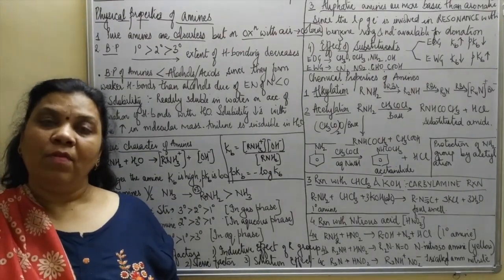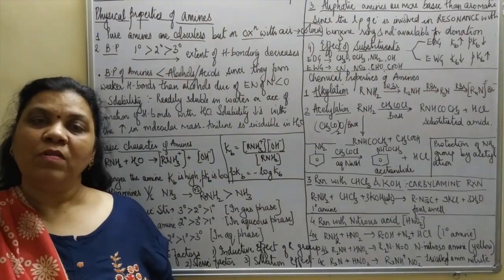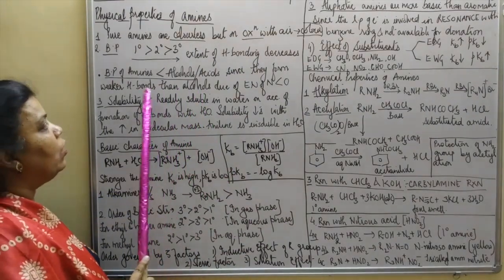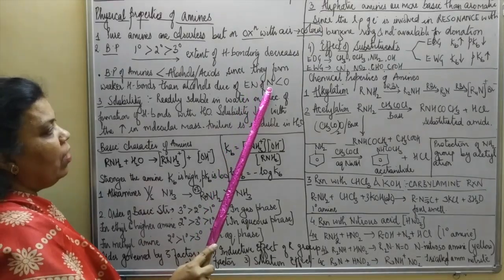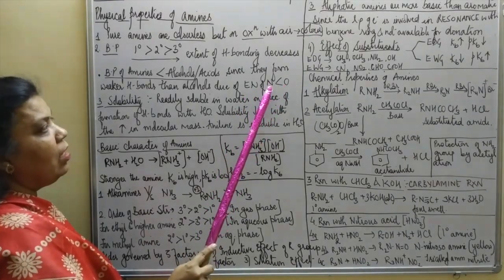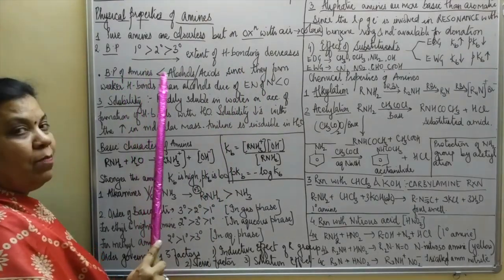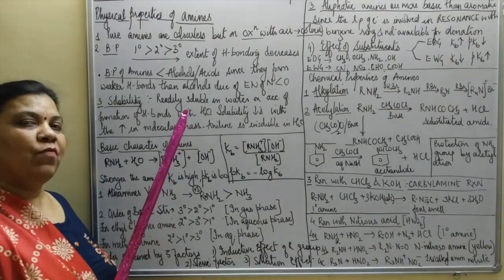H bonds. But remember that the hydrogen bonds formed by alcohols or carboxylic acids are stronger as compared to those formed by amines, on account of the high electronegativity of oxygen in comparison to nitrogen of amines. So the boiling points of amines being less than alcohols is again a very important 1 mark question that comes